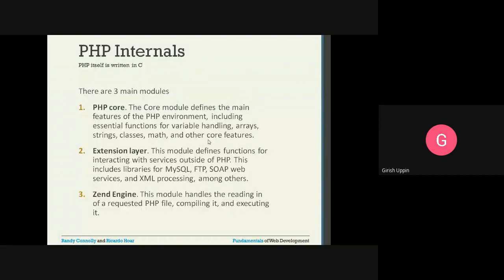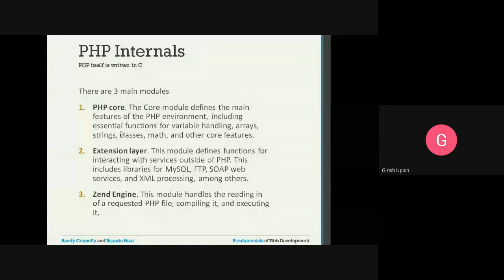PHP internals: there are three main modules present inside PHP. One is called the PHP core, the second is the extension layer, and the third is the Zend engine. The PHP core module defines the main features of the PHP environment, including all the essential functions of variable handling, arrays, strings, classes, math, and other core features. Whatever the core programming aspects of PHP are, that is taken care of by this particular module, the PHP core.